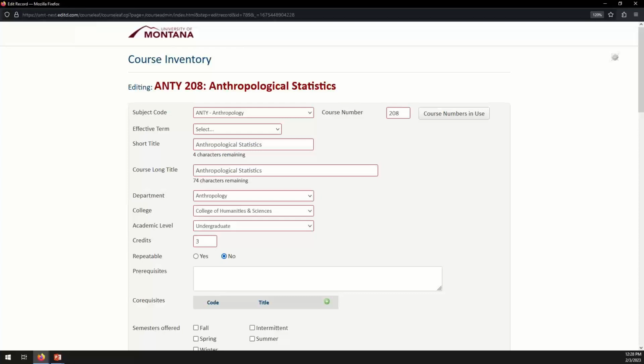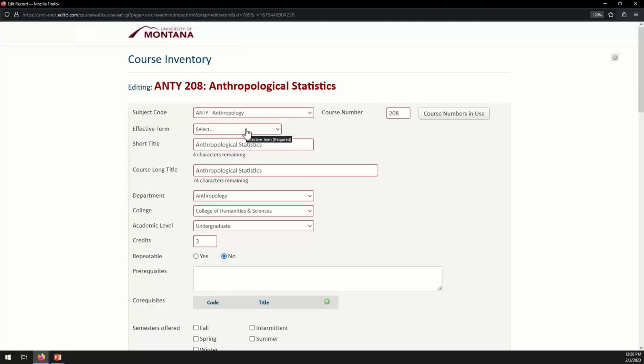As we come through here, many of these things are already populated, but I always recommend going from top to bottom on the form, even if you think you just have one change. Because I might say, oh, I just need to amend the course description, but we might miss some things that are important. For example, here, the